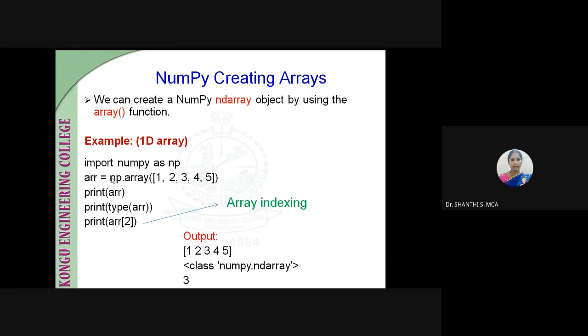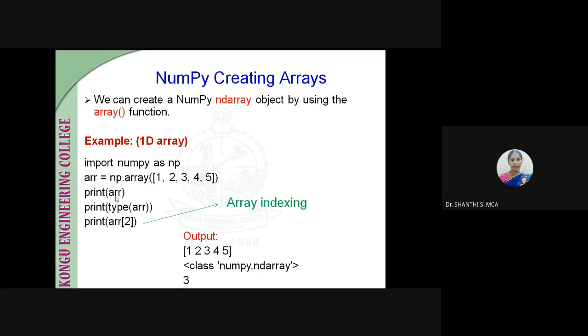Either directly you can use numpy.array of 1, 2, 3, 4, 5, or we can use np. The package name is very long, and if we use it directly it is very difficult to code. So instead we use the alias name: import numpy as np. Instead of numpy, we can use np in the coding part. Here we are creating a NumPy array with 5 elements. Anything within square brackets is called a list. The list is converted into an array that is stored in the variable arr.